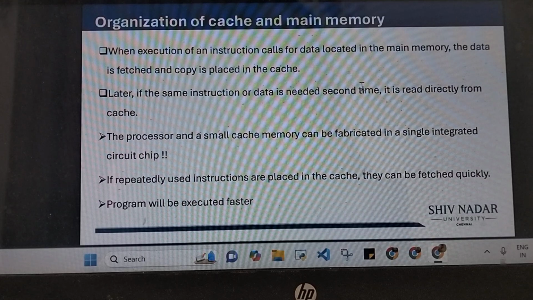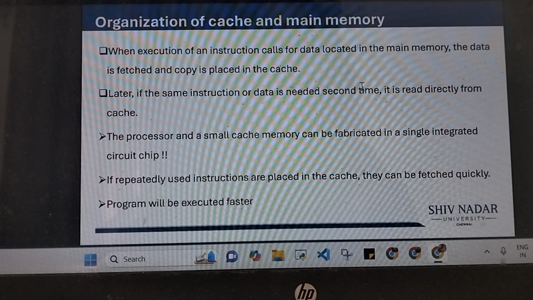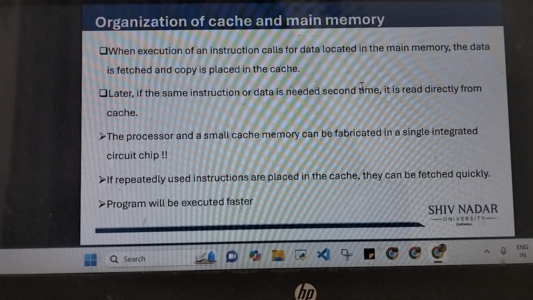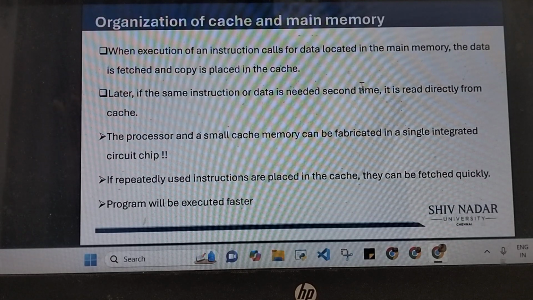So this is the memory hierarchy from the lowest to the highest level, the lowest level being registers and the highest being your secondary memory. There is also a type called virtual memory, but we will not be going into all that for the purposes of this lecture. So when I say lower to higher, I'm talking in terms of size. The registers are the smallest. Cache is bigger than registers but not as big as main memory. Then comes your main memory, which is fairly a big amount, a lot of space,